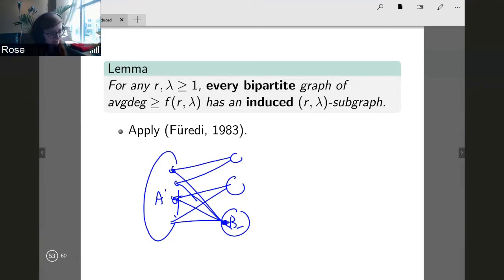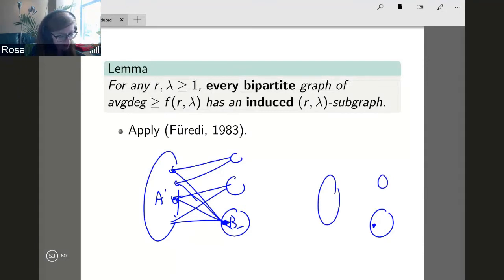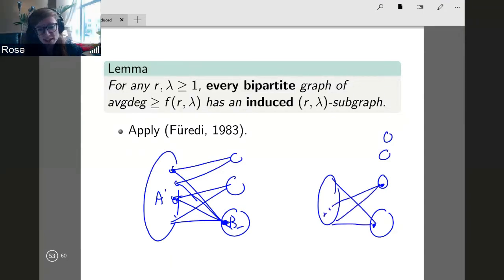Okay. Then if we take any vertex in B_R and look at its neighborhood, we know that every other vertex on the B side actually has at least R prime neighbors within there. And so every vertex on the B side has high degree, and still every vertex on the A side has high degree because each has exactly one neighbor in B_i. And so the point is that now we can repeat the arguments again and again, and if this possibility happens too many times, we get a big biclique.